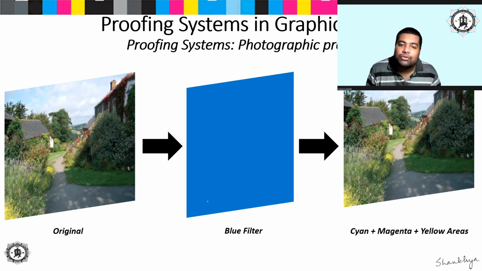So like this, if you are successively exposing the photographic paper via your original using a certain filter, then naturally you are going to get all the three areas, that is cyan, magenta and yellow areas, because the photographic paper contains certain dyes which are sensitive. Each of the dye layers is sensitive to one wavelength or a few wavelengths of light, so that particular colored areas are developed whenever you are giving exposure through a particular filter. Okay, so this is the concept of photographic proofs.